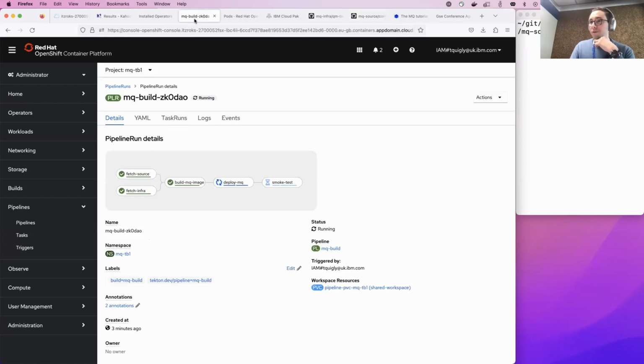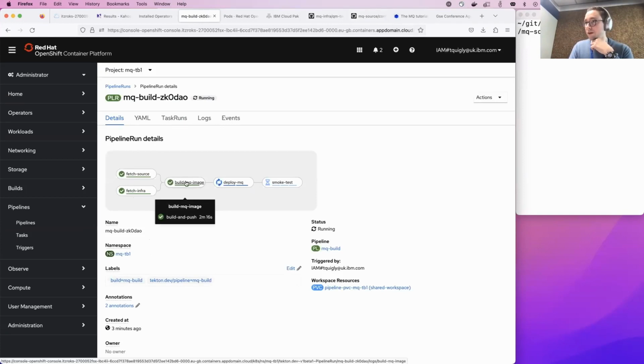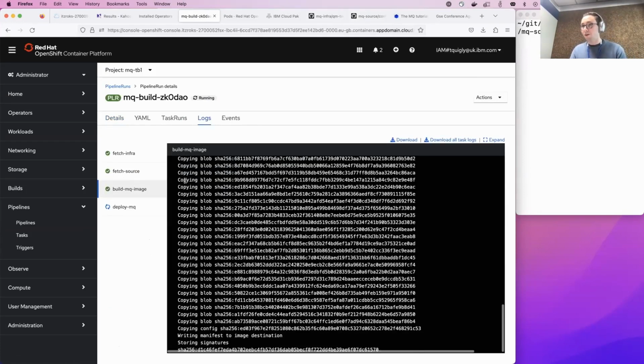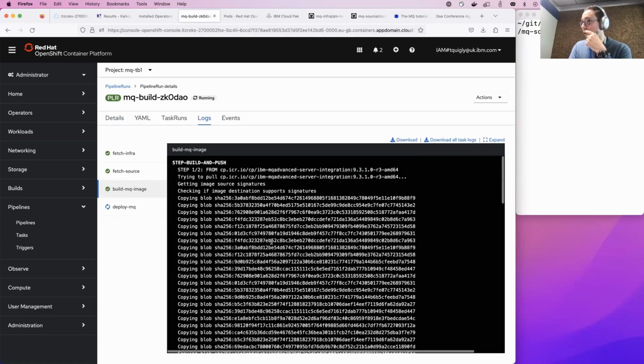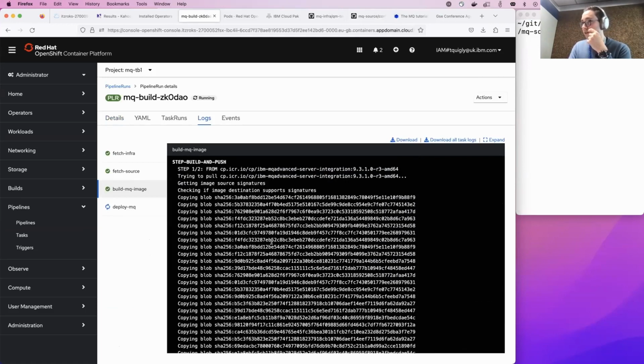Okay. So those were the two inputs. The next step here is to build our MQ image. We can go and click on this, and we get a log of what this task has been doing. Basically, what it's done in this build MQ image is it's taken the certified MQ image, added in that MQSC on top, created it as an image, and then pushed it to an image registry that's on our